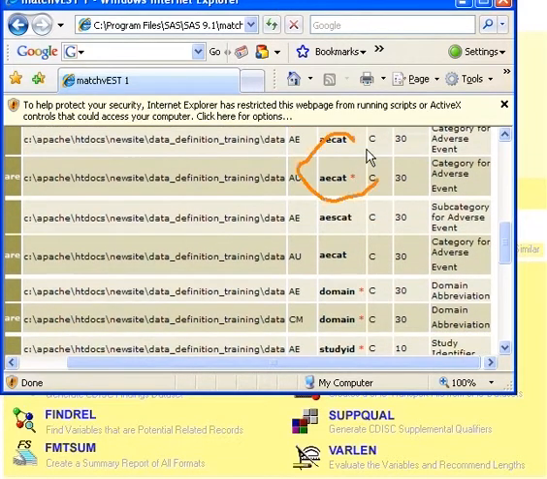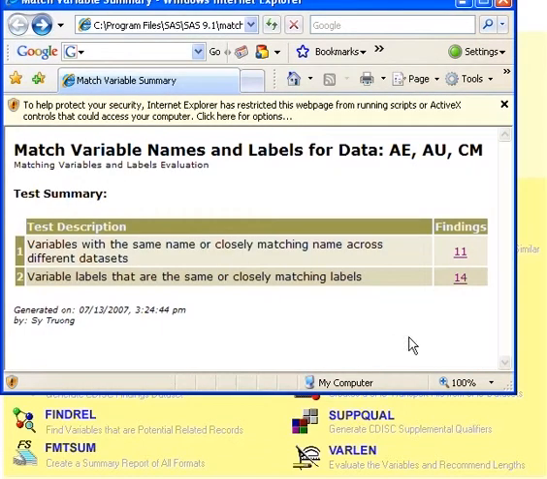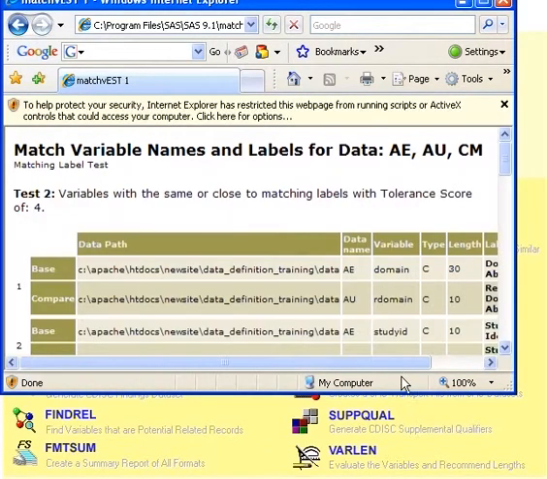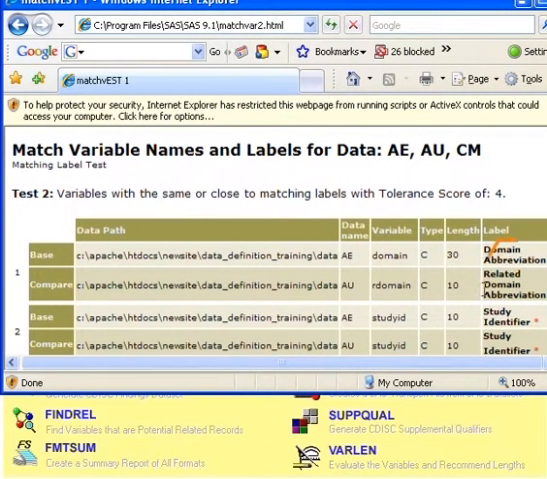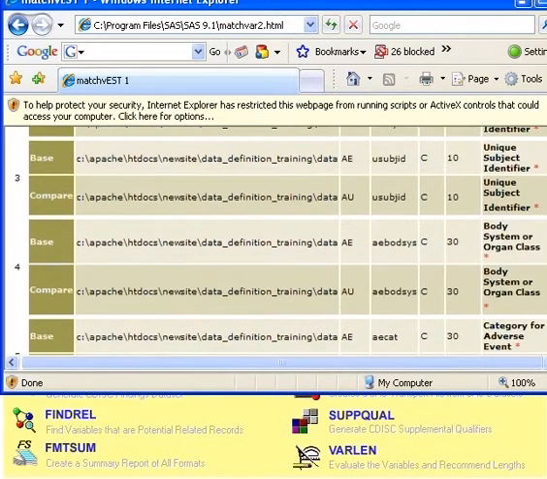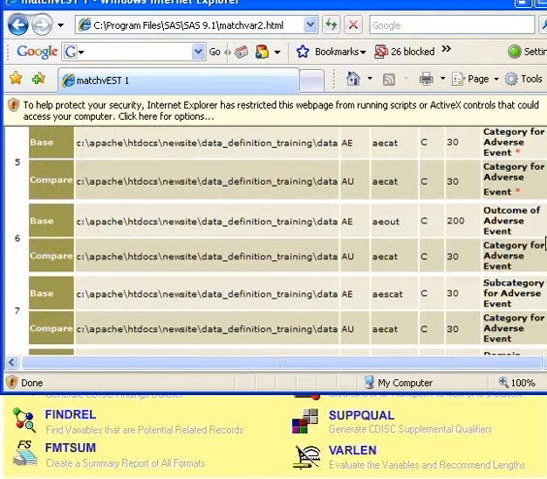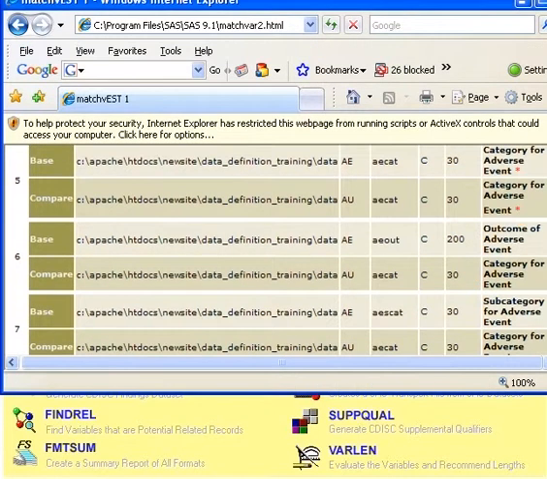If it's an exact match, it'll have asterisks next to them across different datasets, or if it's pretty close, as you can see AESCat and AECat, those are the variable names that it's recommending potentially could be the same. Now in a similar manner, it's going to look at the variable label. In this case, related domain and domain abbreviation and related domain abbreviation is pretty close. And then, so you can look through here to see in terms of outcome adverse event versus category for adverse